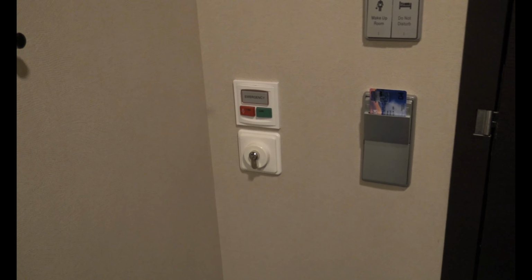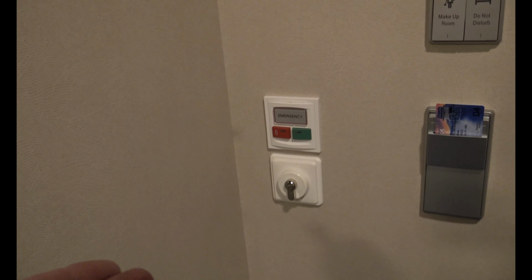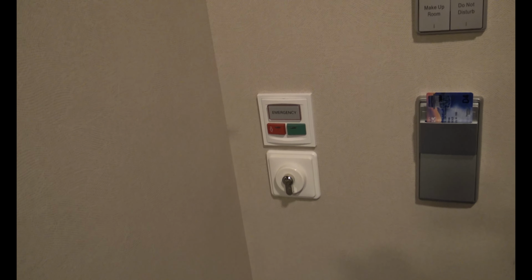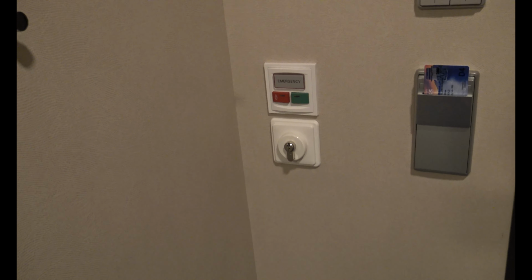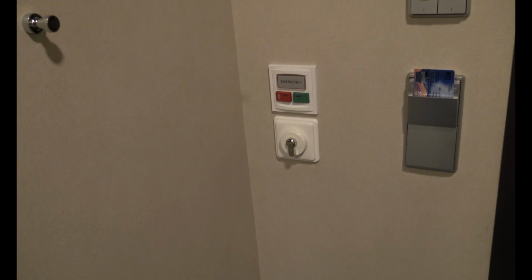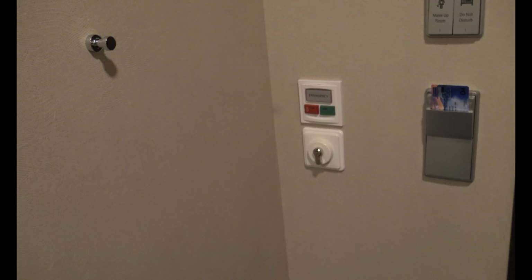Next to the light switch, located near the door, is an emergency button in case you fall out of your chair or you're having a problem. You can just push that button. There are a few located throughout the cabin. There are 3,